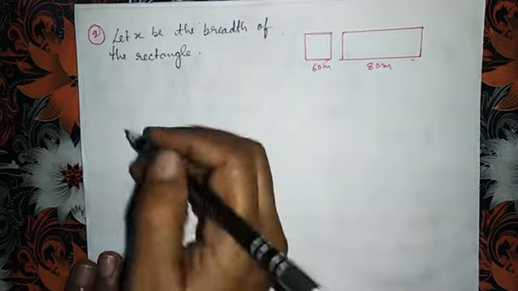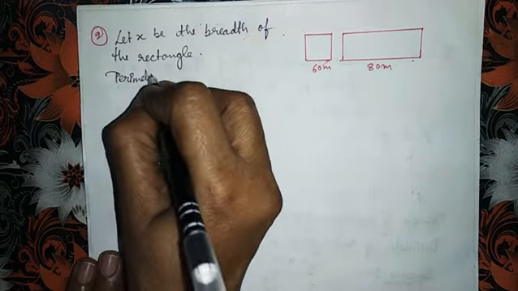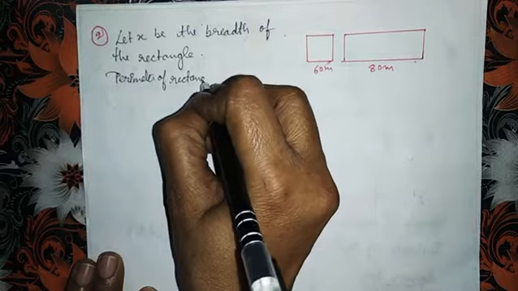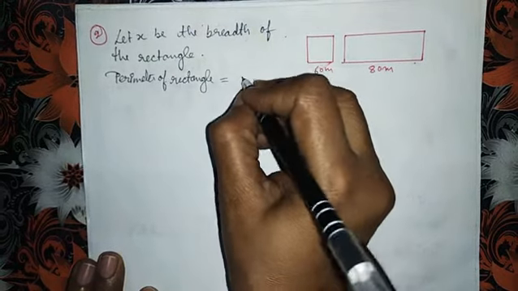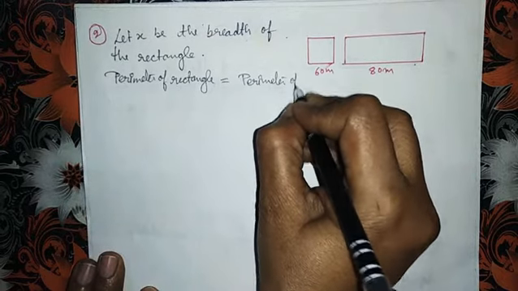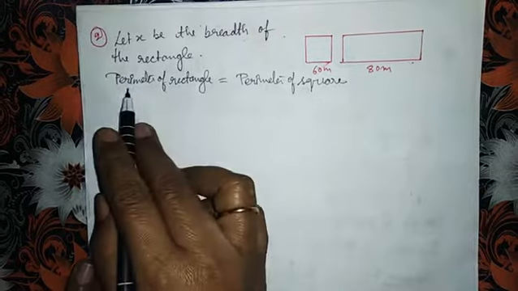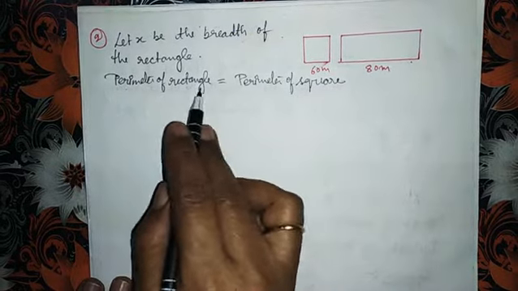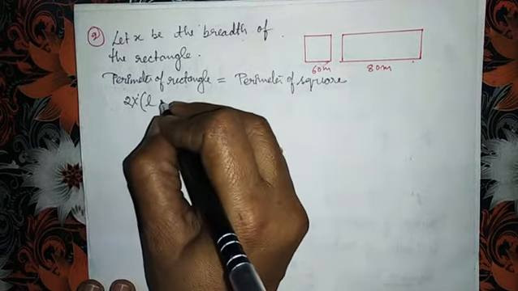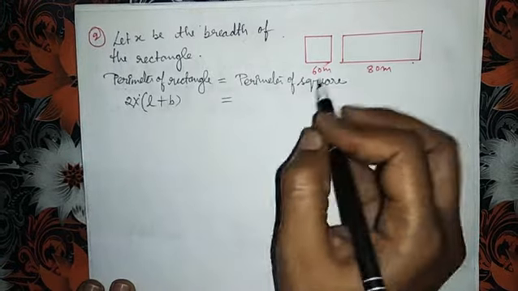Okay, and perimeter of a rectangle is equal to perimeter of a square. Okay, perimeter of a rectangle, the formula is 2 times the sum of length and breadth, and perimeter of